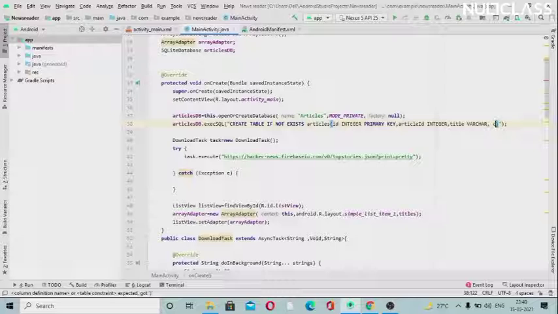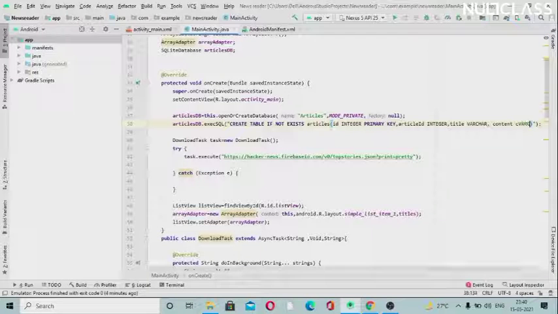Its benefit is that unused memory will get freed, so that it can be used somewhere else. It will just save space for us. Next is the content, and I will give the same data type here, varchar. I'll just remove this. I think this is okay now.